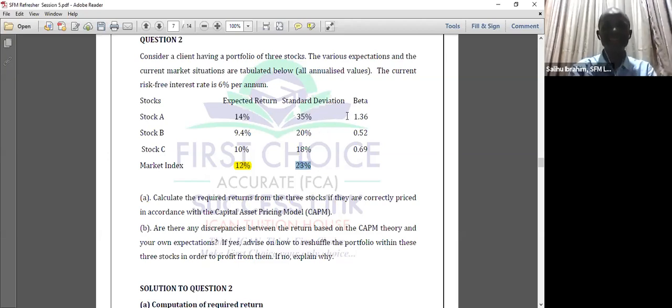Do you understand? So perhaps the question must have been set based on that. Okay, they must have used this standard deviation to multiply the correlation before dividing by 20. Do you understand? So that may be the reason why they are not giving you the same result. So your beta can be computed. Okay, let me